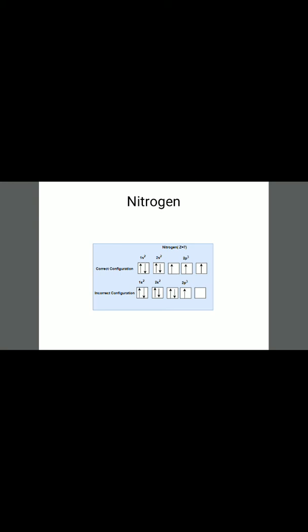1s is fully filled, 2s is fully filled, and 2p contains only 3 electrons. You can easily fill 1s and 2s, but you may face a problem in filling 2p. But there is in fact no problem, because it's very easy if you move according to the rules. You first give all 3 orbitals single electrons, meaning 2px1, 2py1, 2pz1. This is the correct method.